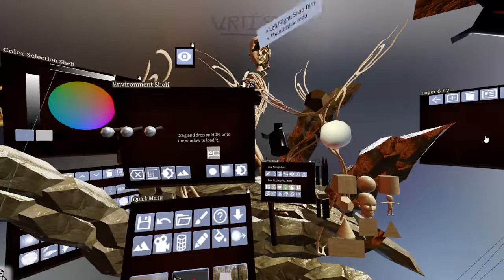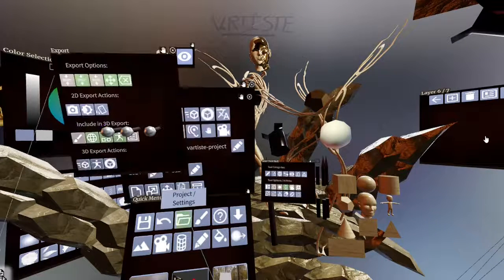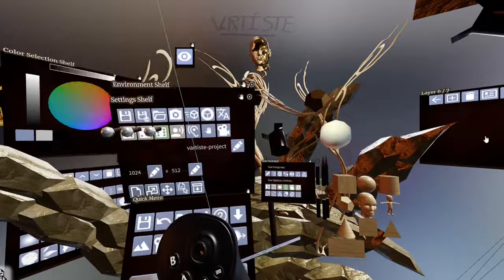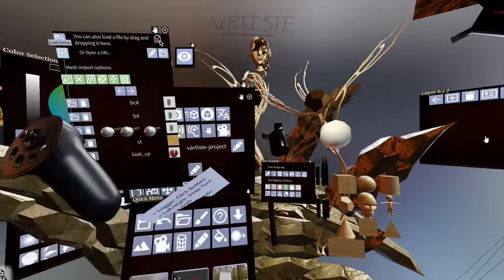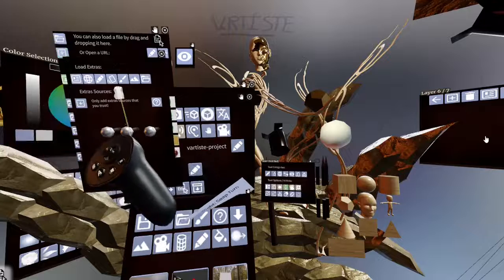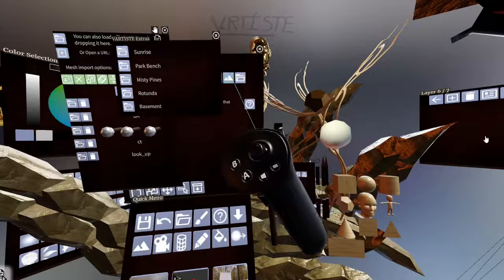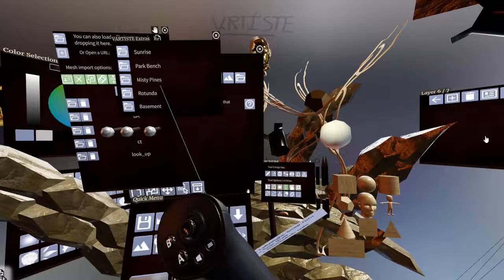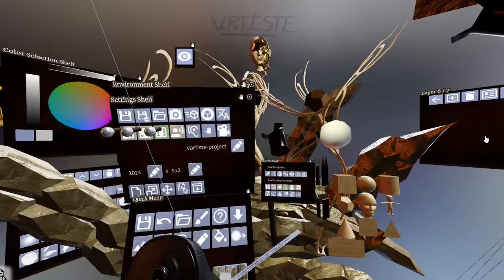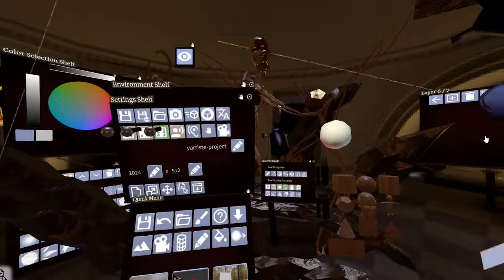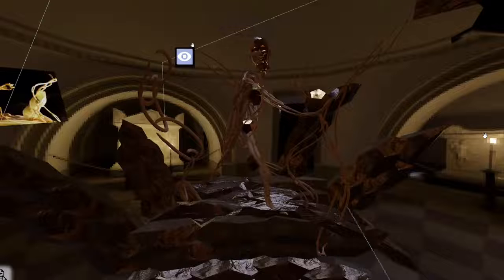Actually, let's change the whole environment. I'm going to load one of the HDRIs that I loaded into the extras pack. So we go over here to load extras and HDRI environments. And let's go with the basement this time. All right, so now you can see we've got this cool basement environment.